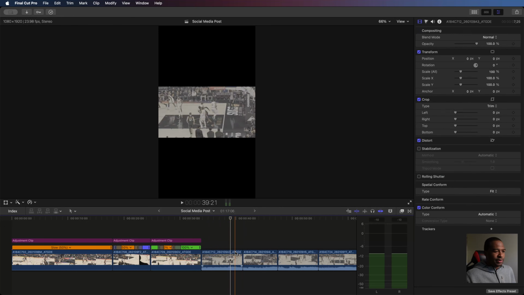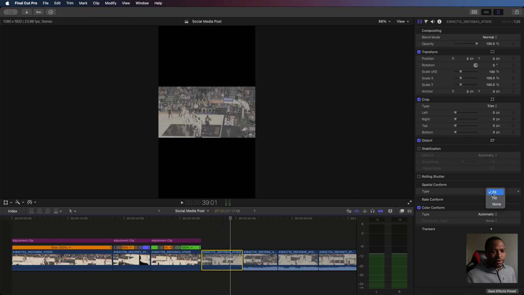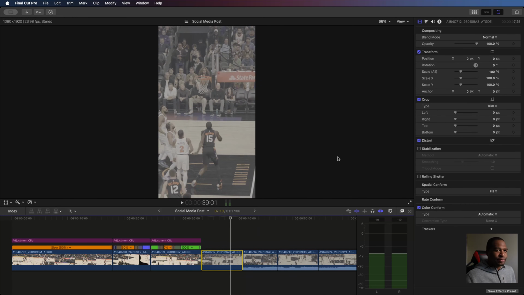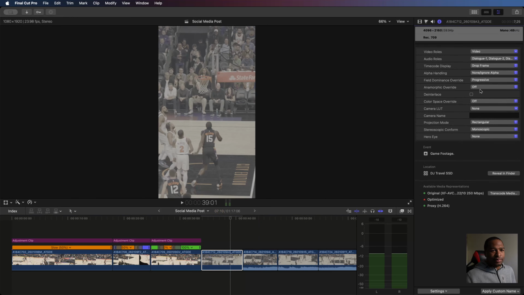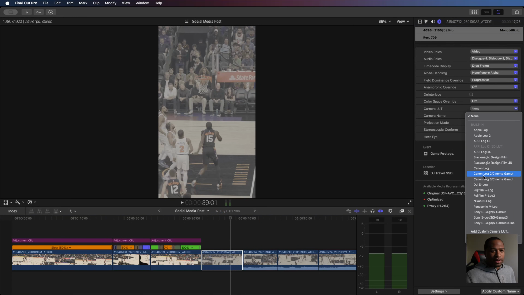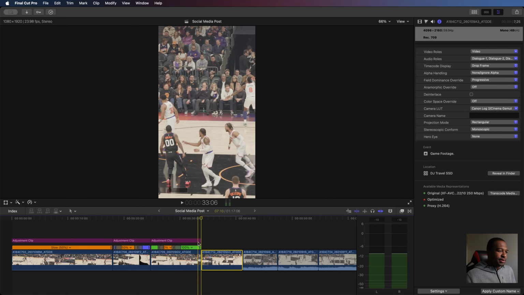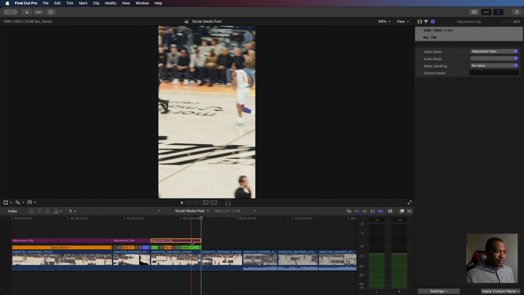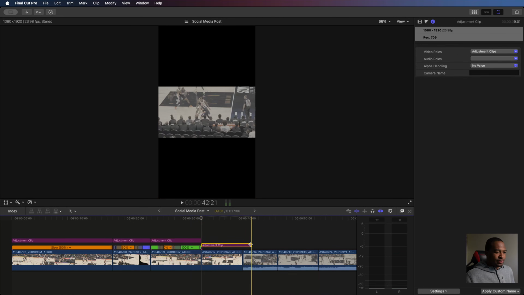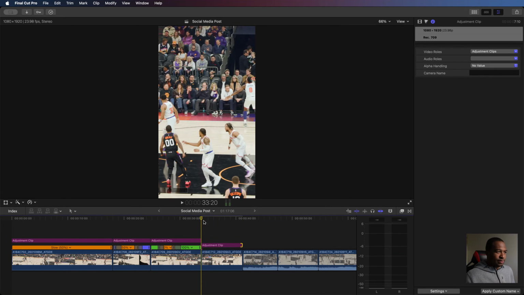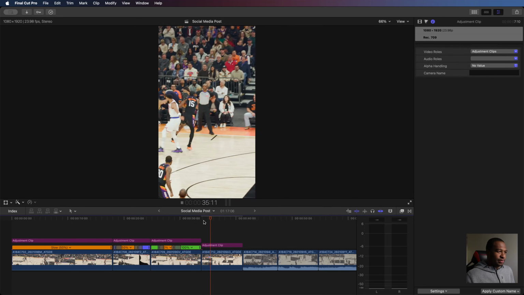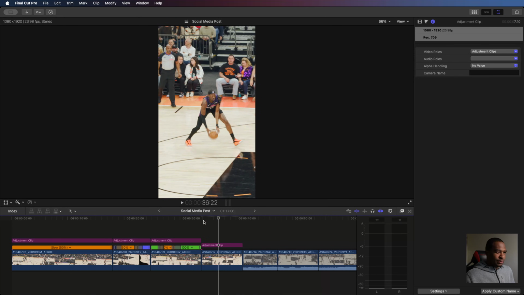This will be a good one. Let's bring that in. Same thing. Fill. Hit the eye. Camera LUT. C-Log. Option. So from here,